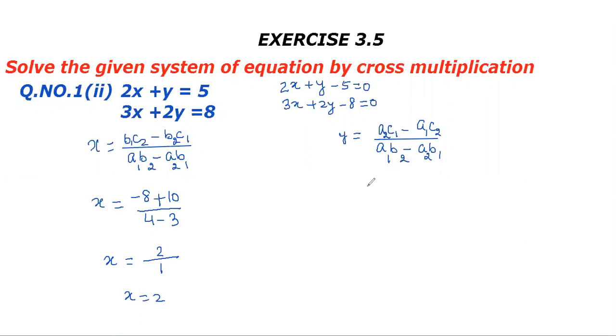Now, children, copy down the denominator that you got here. That is 1. Because we know that in both the formulas, the denominators are the same. So, copy down the denominator here. And now you are left with only to write down the numerator. In the numerator, while you are writing y, children, you need not look at the coefficient of y. So hide it. You are going to hide it.